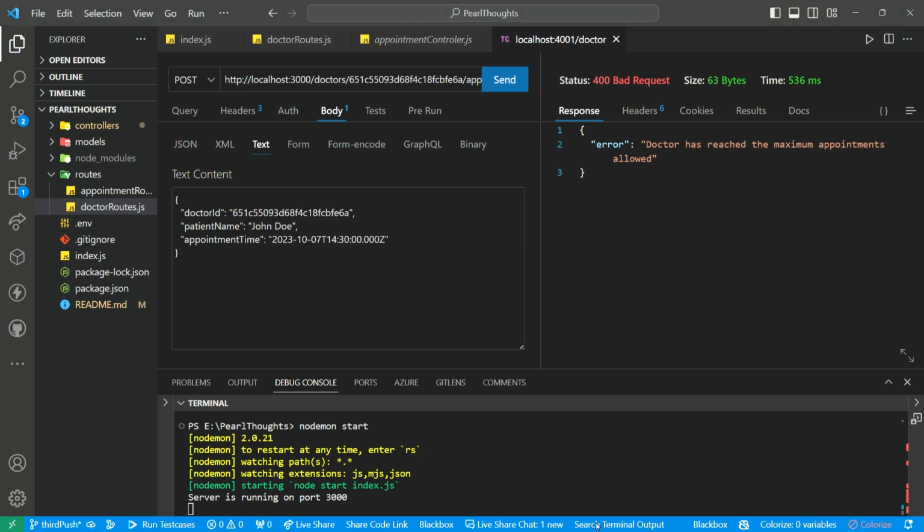So I think I have explained everything in detail. I have tested the whole API with Thunder Client. I have also shown you this on the live server that I have hosted, and I've also shown you this GitHub repo, and I hope